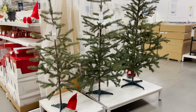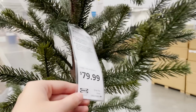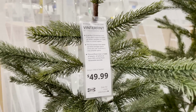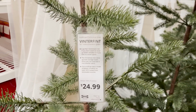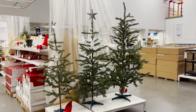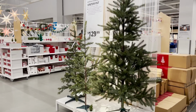They always have very sparse, minimal Christmas trees here, so if you're looking for that Charlie Brown Christmas tree, you can get it here on a budget. Their largest size is $79.99. They have a medium size for $50 and the smaller one for $25. I like these because they're very stylized. I think you can do a lot with your ornaments and decorating, but they also now have a fuller version